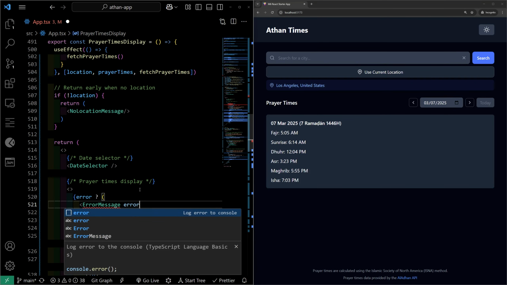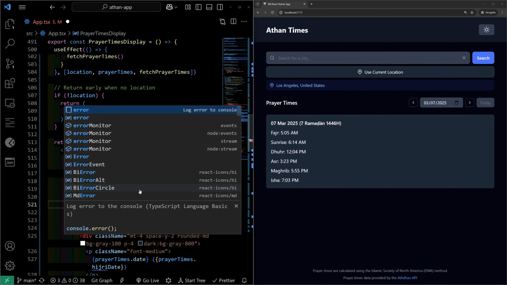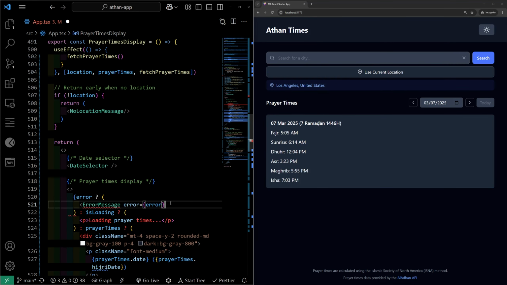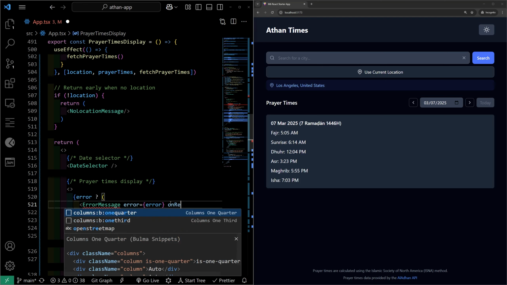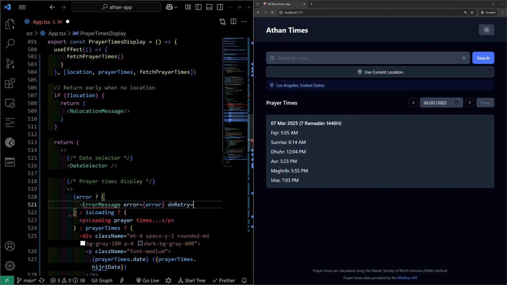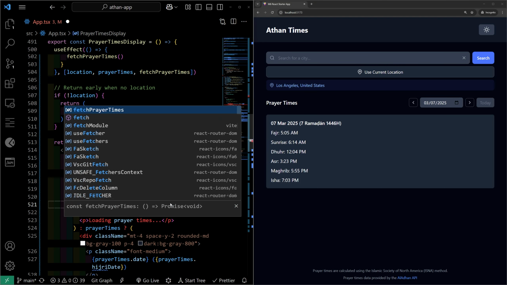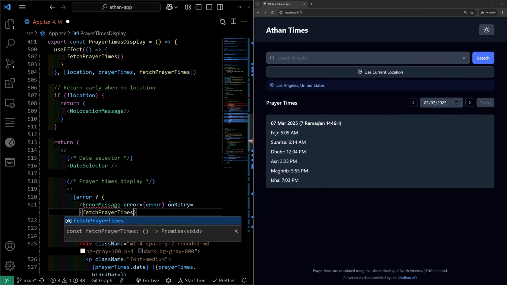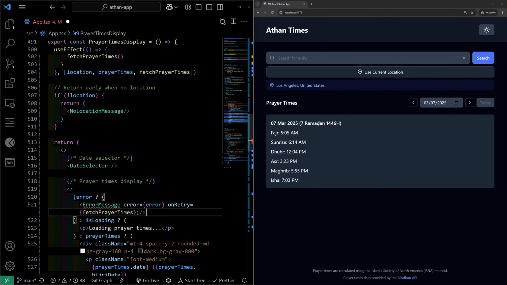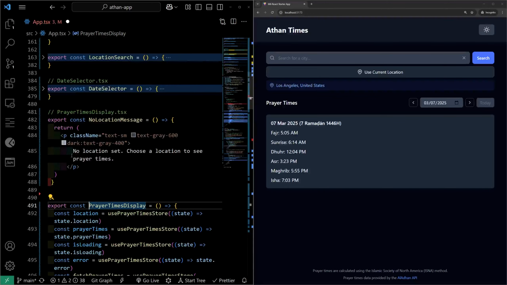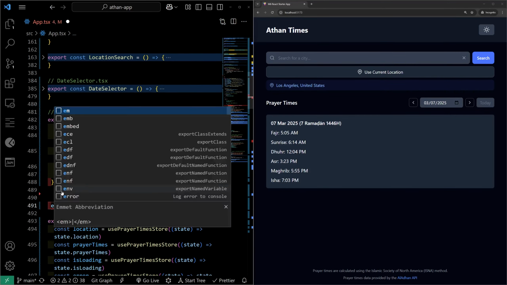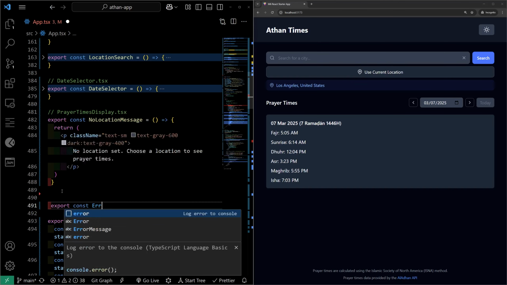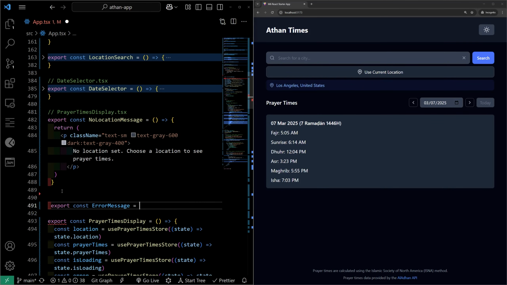So we'll say error is error, and we'll say on retry, and we'll pass the fetch prayer times, like so, and then we can close that, and then above the prayer times display, we'll say export const error message equals athan,